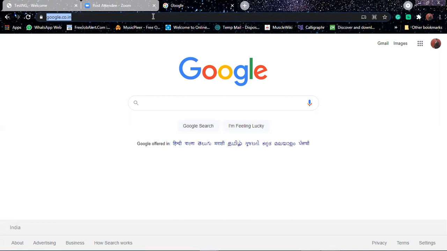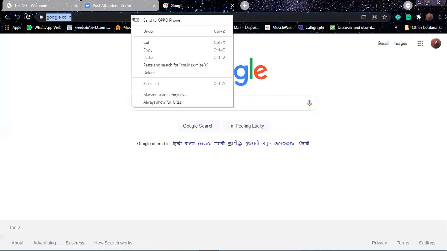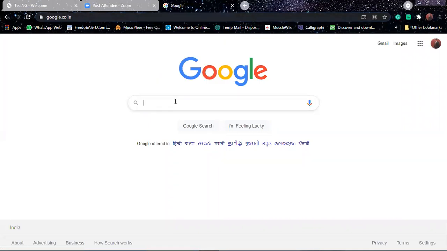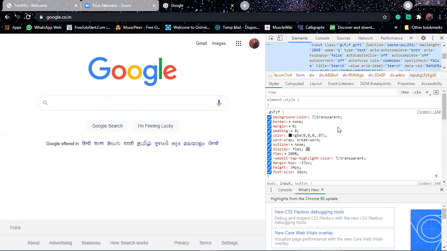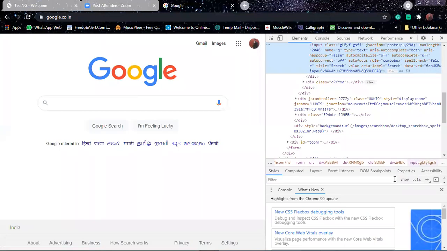Now, right click on that particular text box and go to inspect. No, not there. You are clicking on the URL text box. Yeah, inspect. Close this second part, or else minimize that by dragging it. Hold on this here. Now, move the scroll bar